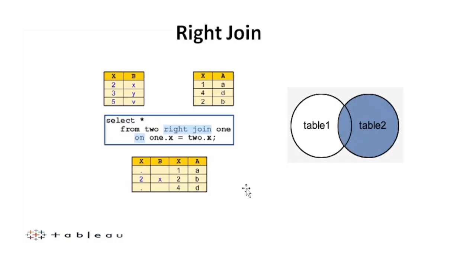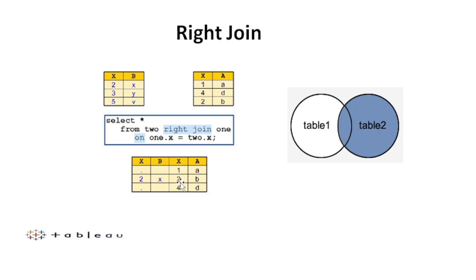So let's understand right join. As you are aware of the definition of right join, now I'll explain with an example. We have two tables. As per the definition, all the data will come from the right table, and only the common rows will come from the left table for the right join.